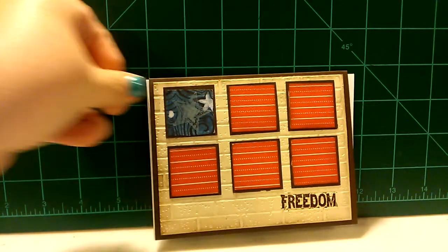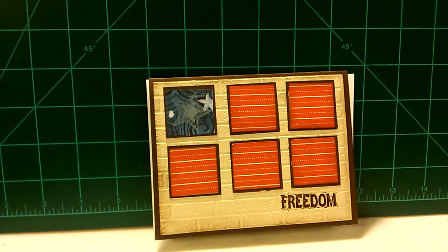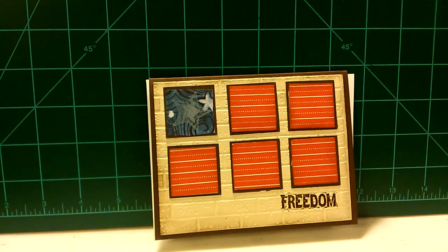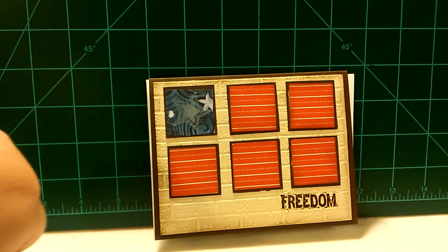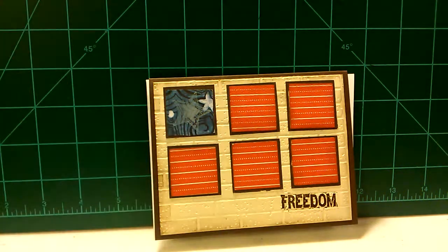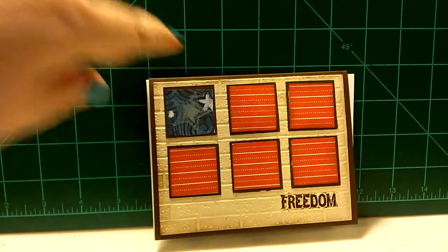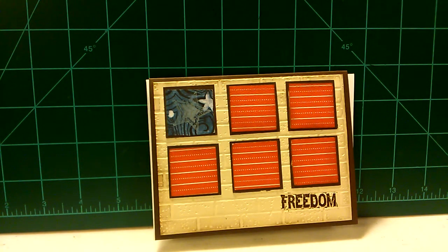Okay, and then I went to a Stampin' Up! class, and we did a 4th of July card. Well, not really a 4th of July card, more of an independence card, but it just says freedom. And there was a Paper Studio brick embossing folder that we distressed. And then she had some really great red and white striped paper that we used, and square punches. And then she had the, I think it was Words of Courage Stampin' Up! set,